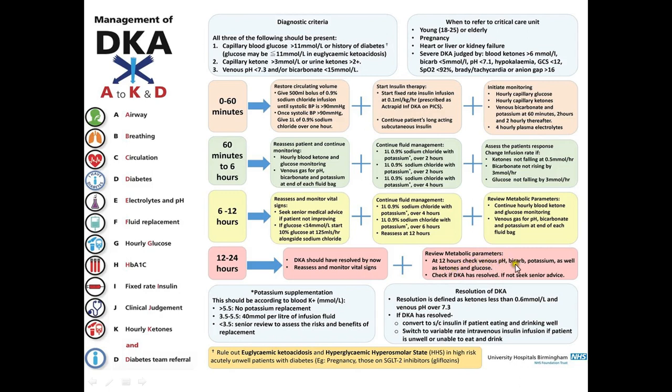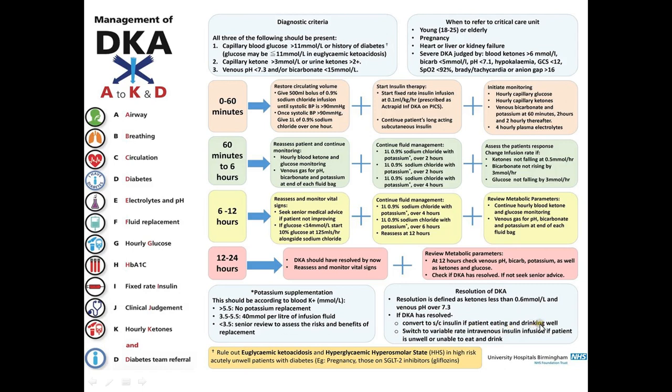Check venous pH, bicarb, potassium, as well as ketones and glucose. Check if DKA has resolved. If not, seek senior advice. When you say that resolution has happened, resolution is defined as ketones less than 0.6 and venous pH over 7.3. If DKA has resolved, you convert the patient to subcutaneous insulin if the patient